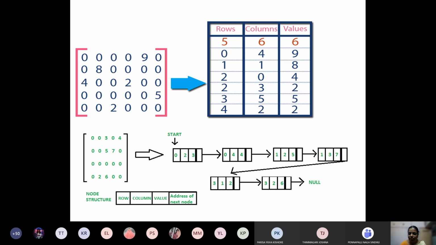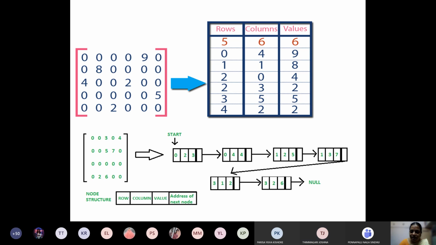Sparse matrix implementation using linked list. Are all of you able to write the code for this? Can anybody post the structure declaration for this sparse matrix?